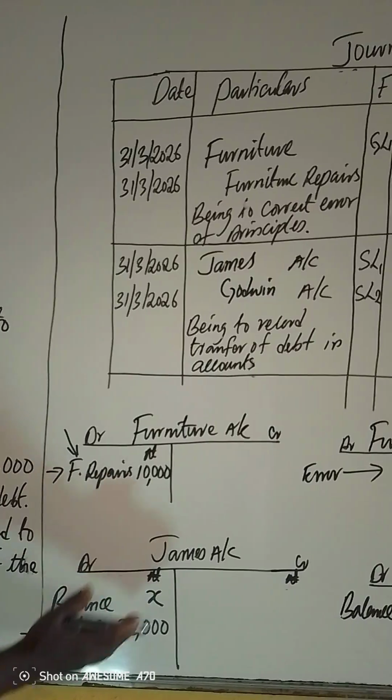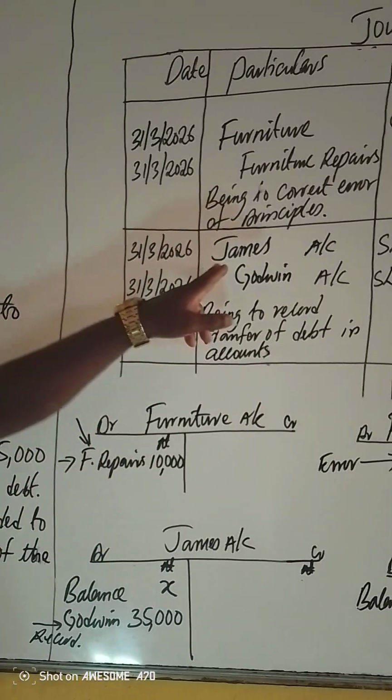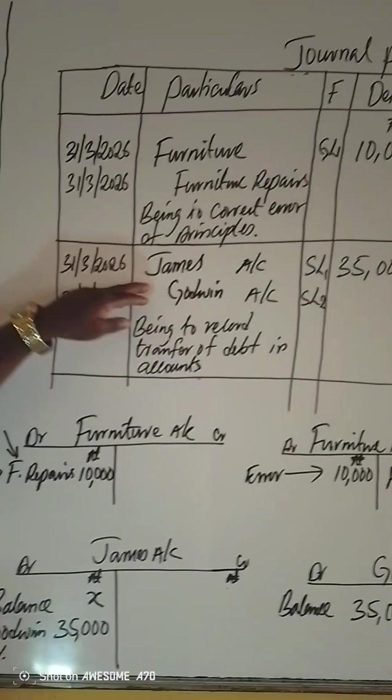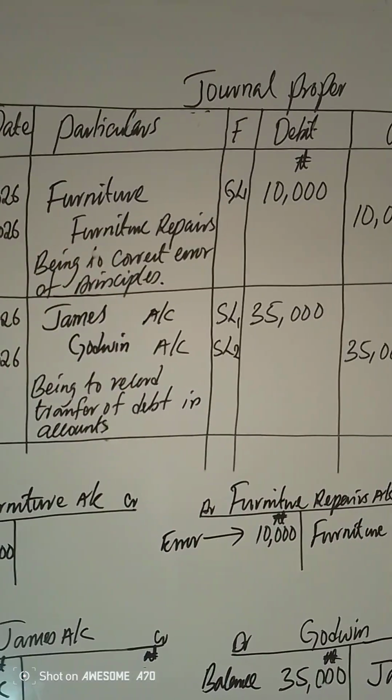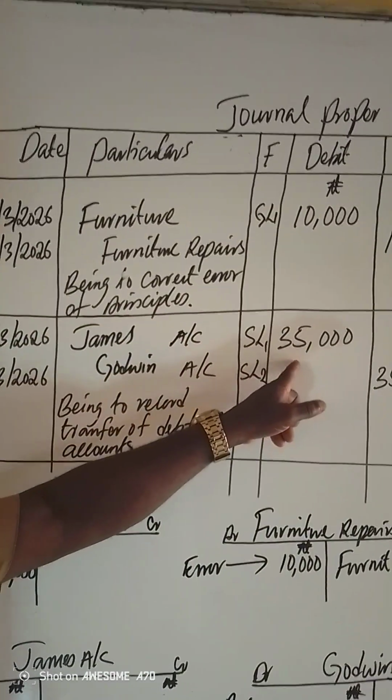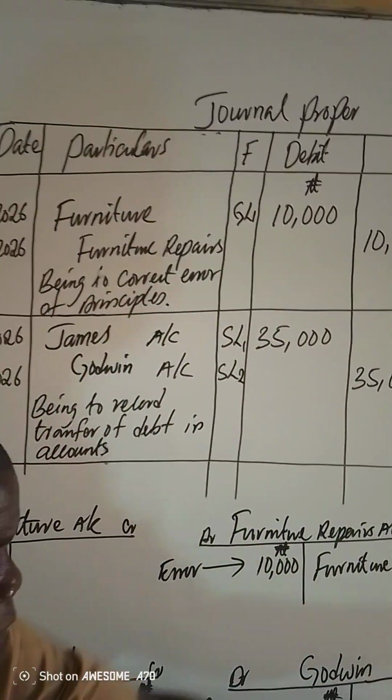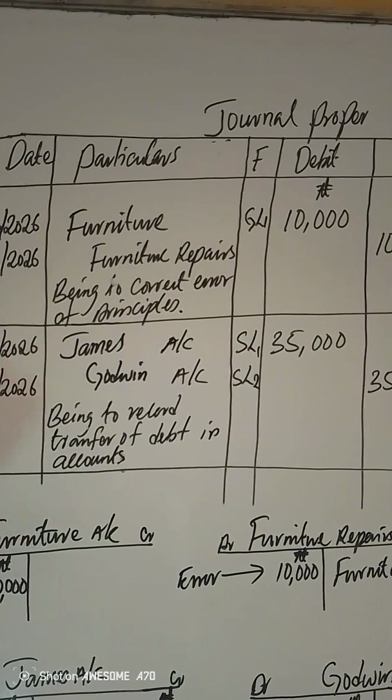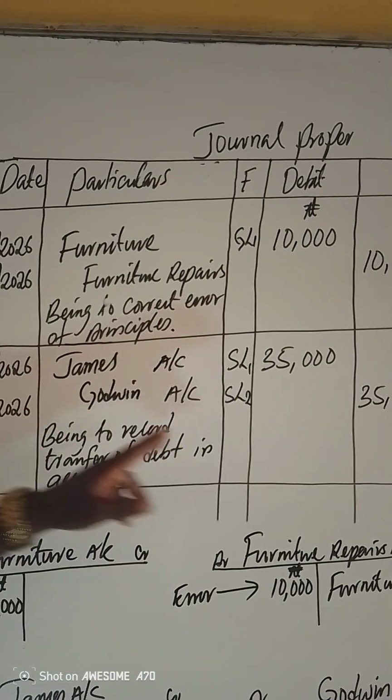So in this case, in this transaction, that is why James was debited, because the amount was moved from Godwin's account to his account, while Godwin was credited because